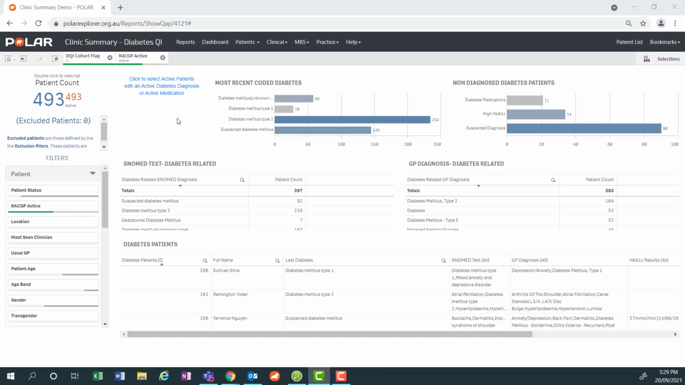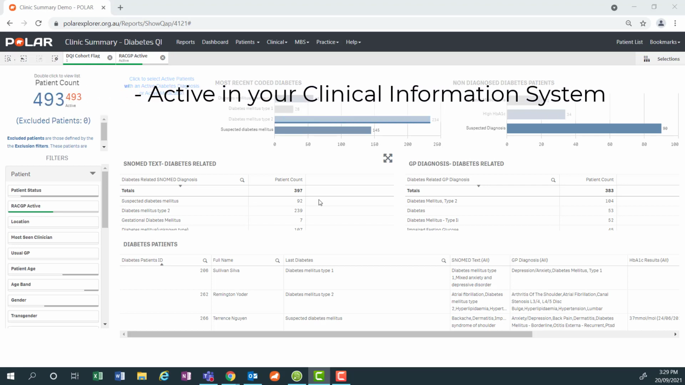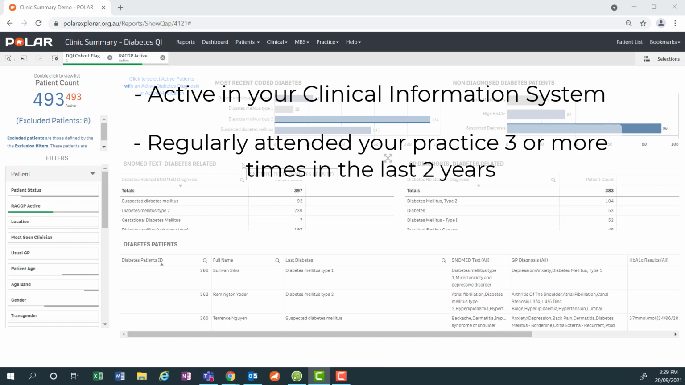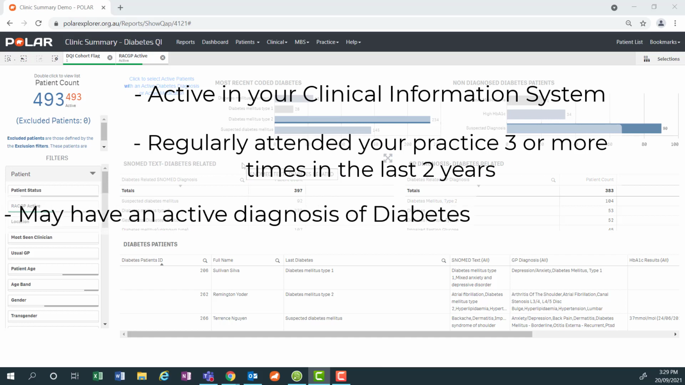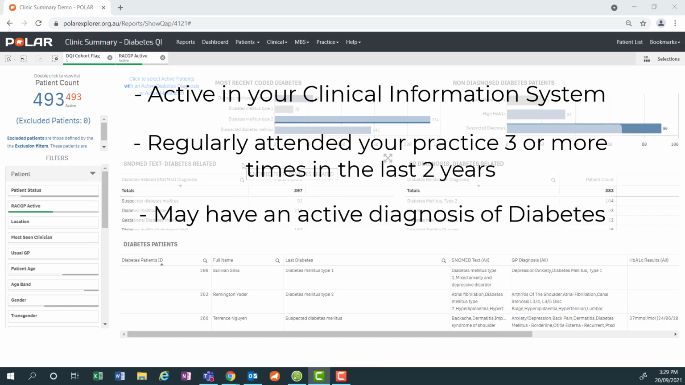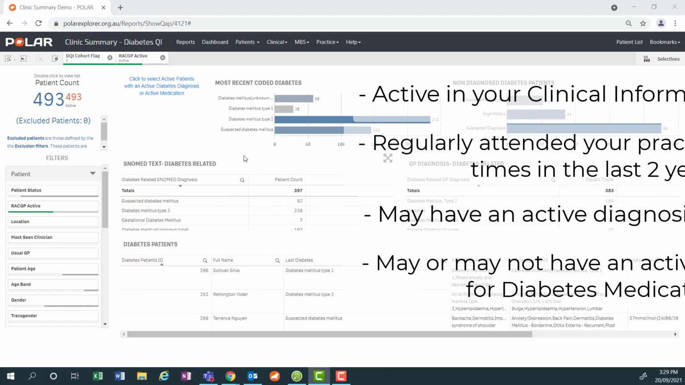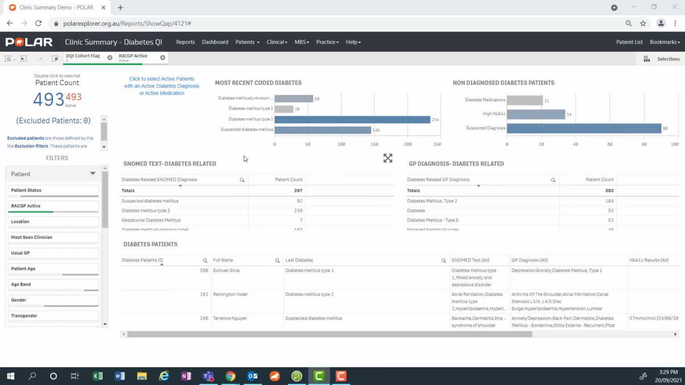You now have a list of patients that are active in your clinical information system, regularly attended your practice 3 or more times in the last 2 years, who may have an active diagnosis of diabetes, and who may not have an active prescription for diabetes medications. We will now undertake a quality improvement activity to check for patients who have a diagnosis of diabetes mellitus unknown